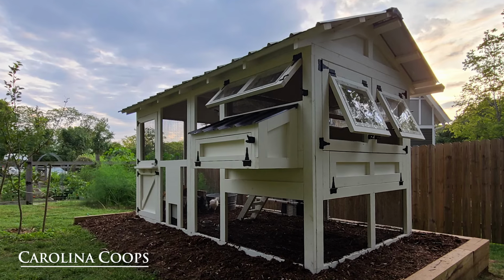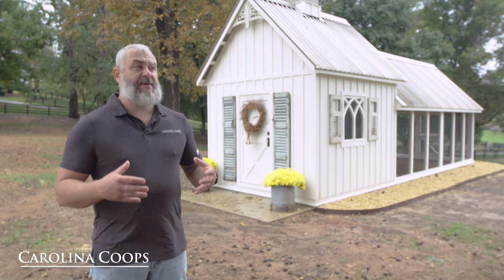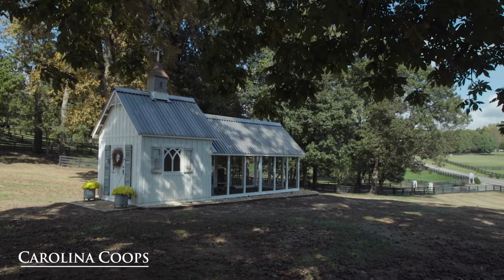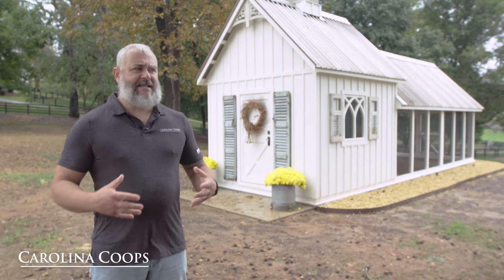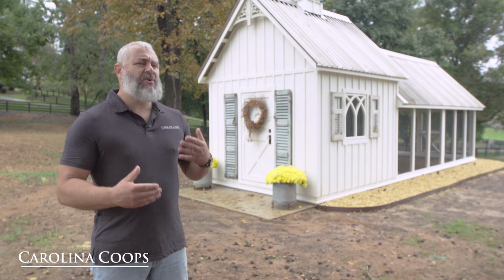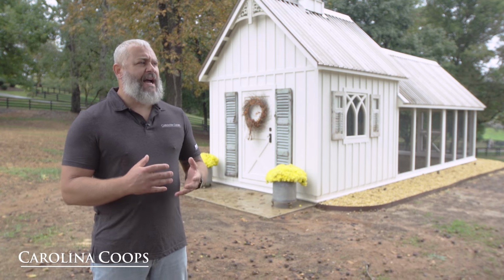house is elevated. And what happened starting maybe about 3 years ago, we've had a handful of customers, especially one in particular, that said, Matt, I love your coops, but I want to be able to walk into the hen house. I want to be with my chickens. And I get that, and I definitely wanted to provide that to her. But I kept telling her, I said, you don't need to. There's many reasons you don't want to walk into your hen house, but I think we can figure out a